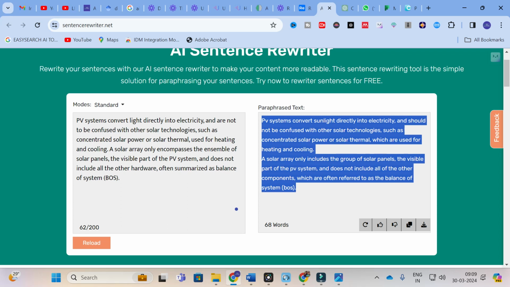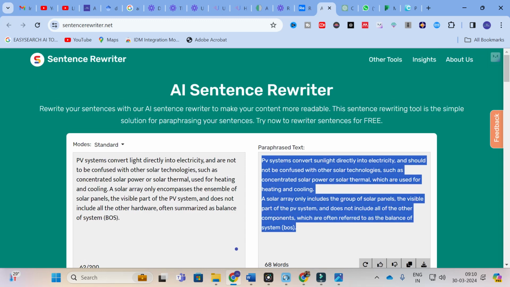Then the probability of reduction of plagiarism will be better when you paraphrase 100 words. So if you copy and paste a big paragraph of 200-300 words, you must give a better prompt to rewrite the content, or else if you are using this kind of rewriting software, it will just rewrite but it won't reduce plagiarism more. So you can use this option, that is, copy and paste around 100 words, that will give the best result for you. So this is the first sentence rewriter. So this will help you to reduce plagiarism in your research paper.